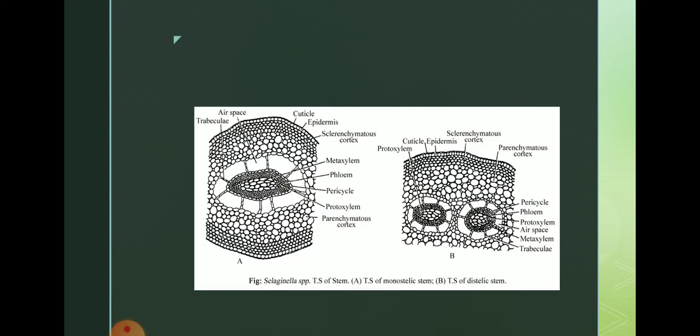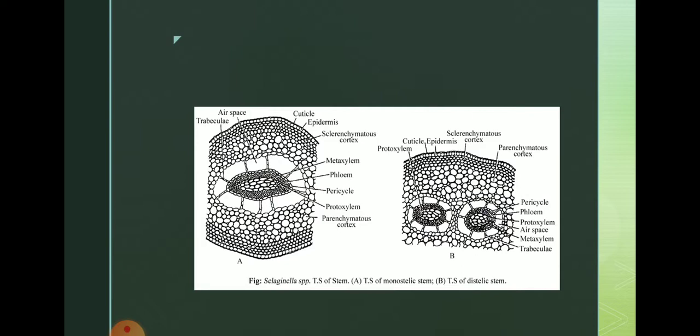The outermost layer is epidermis, which has cuticle and lacks stomata. Cortex consists of parenchymatous cells without any intercellular space. All the cells of the cortex are thin-walled. Hypodermis occurs close to the epidermis. It develops from cells of the outer cortex which become thick-walled. In xerophytic species, the hypodermis is much thickened. The stele is known as protostele.